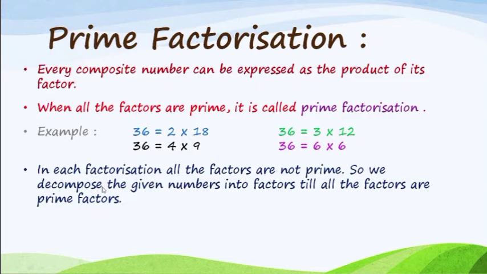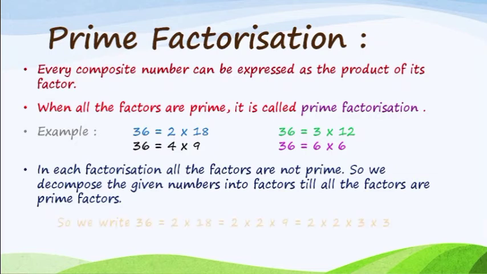So we decompose the given numbers into factors. Decompose means we have to break out those numbers which are not prime, in such a way that we can write them as a product of primes, a combination of prime numbers with multiplication signs. Those numbers which are prime, you leave them, and those which are composite, try to break them into smaller form by starting with the lower table, that is 2, then 3, and so on. Only prime numbers you have to consider. This way we decompose, and lastly we get the conclusion as prime factors.